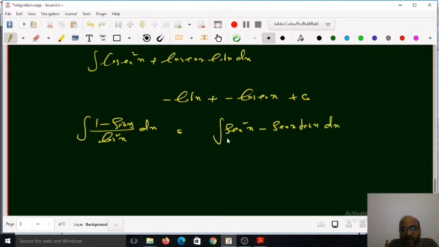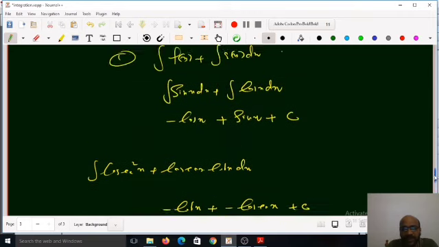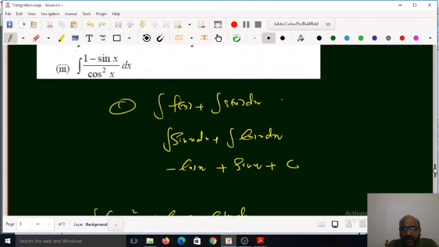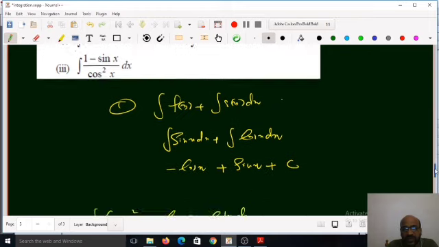Okay. Now we have two functions, difference of two functions. So answer is integration of first function minus integration of second one. What is integration of sec square x? That is tan x, and integration of sec x tan x is sec x plus c. So in this way we can find answers. If there is product, you have to expand and convert into sum. If there is division, we have to split and convert into sum of two functions or difference of two functions.